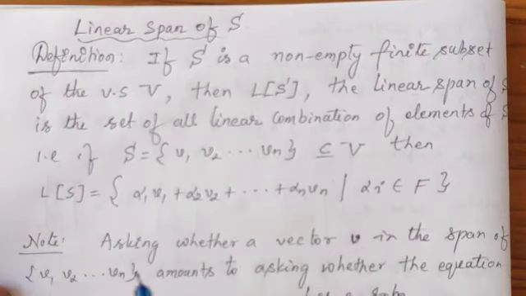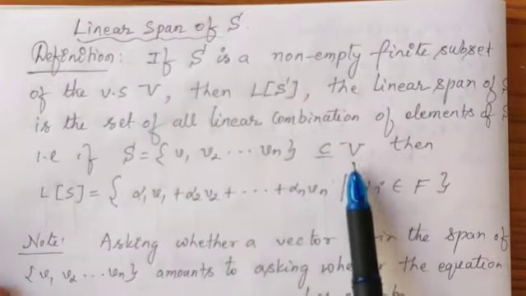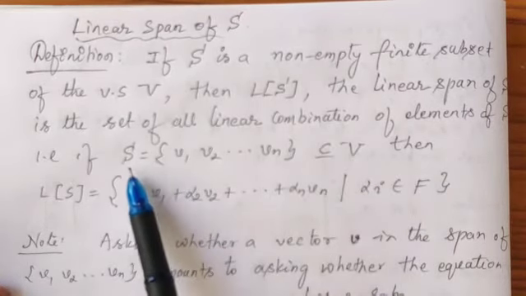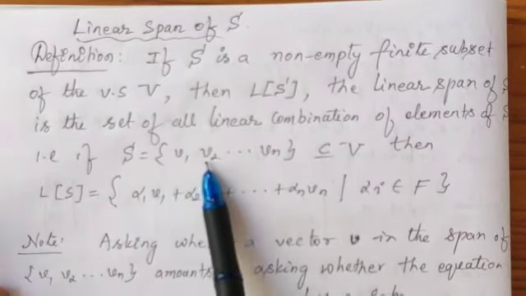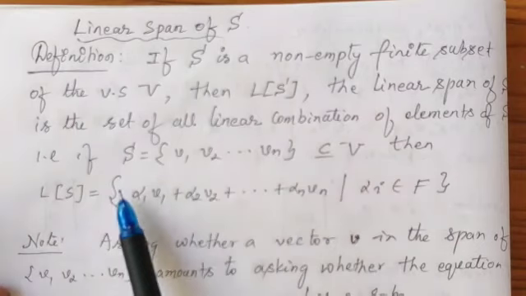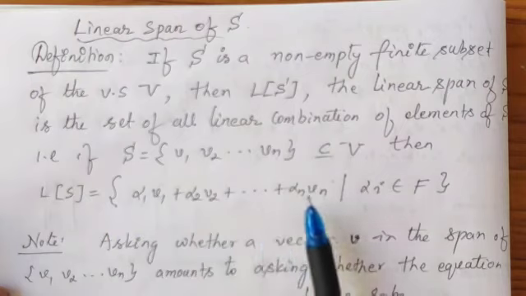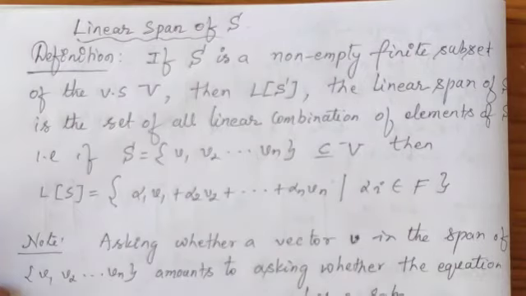Next let us see what we mean by linear span of S. The definition says that if we have V1, V2 etc. Vn, a collection of vectors from the vector space V, and I take it as S, then the linear span of that set S is just the collection of linear combinations of these vectors. That means it is the set of alpha 1 V1 plus alpha 2 V2 plus etc. alpha n Vn. What are alpha 1, alpha 2 etc. alpha n? Once again they are scalars.